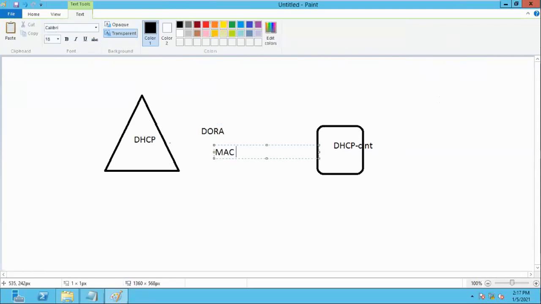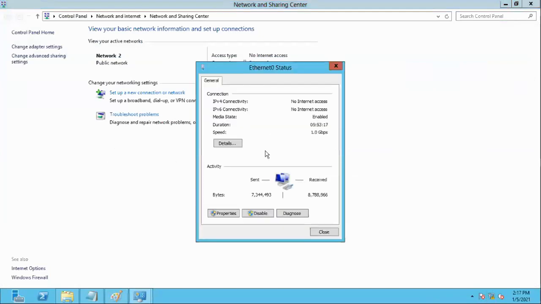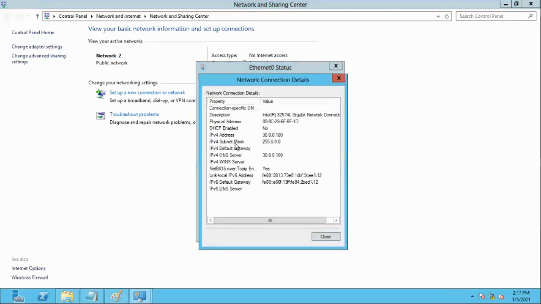What is the MAC address? We can say it is the physical address. How does it look? See, this is the physical address, this is the MAC address.